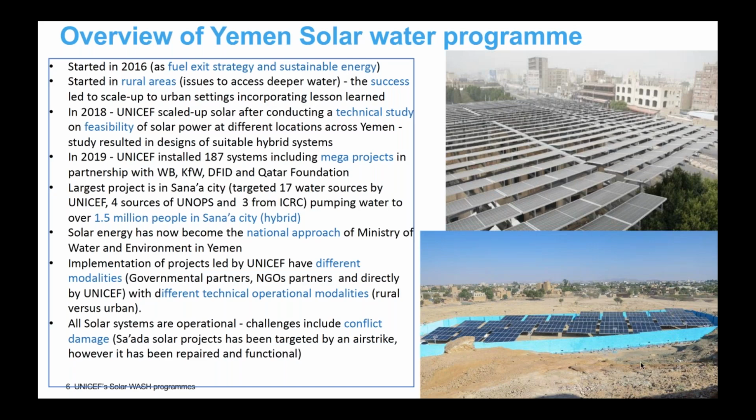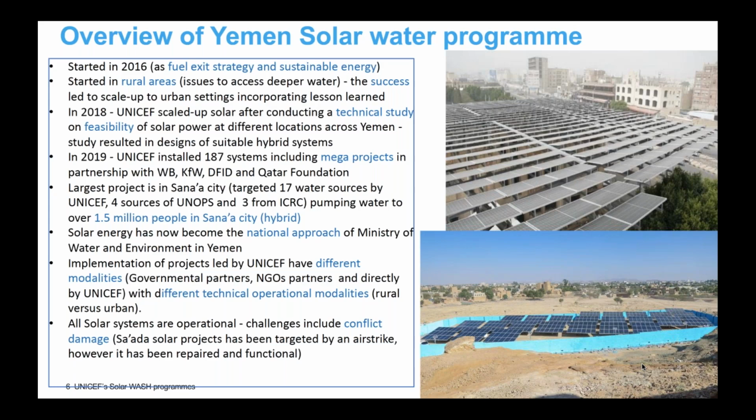As a result of this experience that we have had across the years in a country like Yemen, the Ministry of Water and Environment adopted this as a national approach, and this is one of the things that Marco said at the beginning on the potential for a scale up. Once this is demonstrated and governments adopt this as a main approach, is where the potential of the scale up is really unlocked, and allows for a lot of additional interventions. So this is an important part of the things that UNICEF does together with the ministries to really move in the direction of adopting these as national strategies and national approaches.